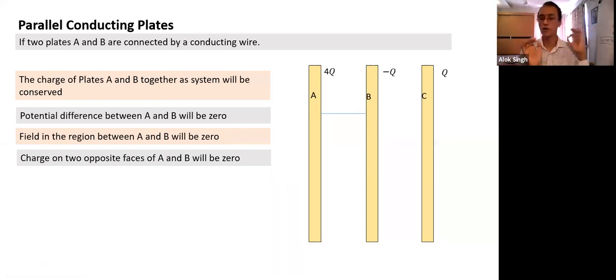We started with the simple logic that two conductors are connected by a conducting wire. The charge will flow from higher potential to lower potential until the potentials become equal. Potentials equal means there's no potential difference between A and B. If the potential difference is not there, the field between them is 0. If the field is 0, it means the opposite field caused by the charge on the inner surfaces is 0. If the field is 0, the charge here also is 0. That becomes easy. What is the conclusion I have come to?